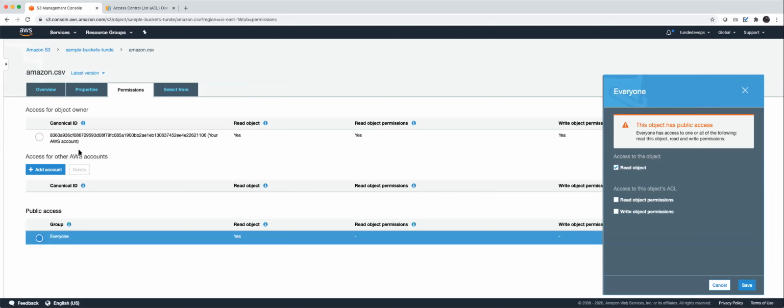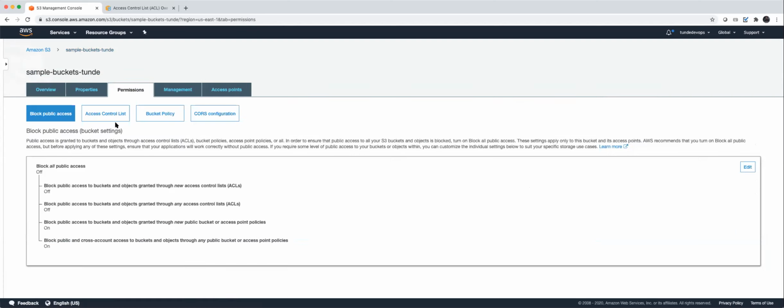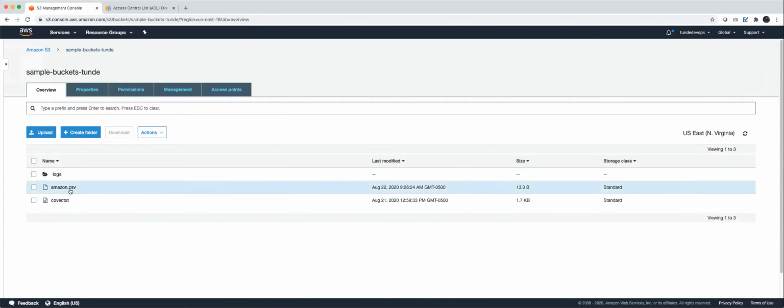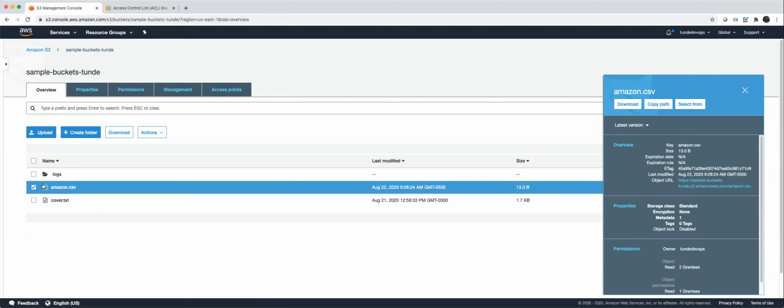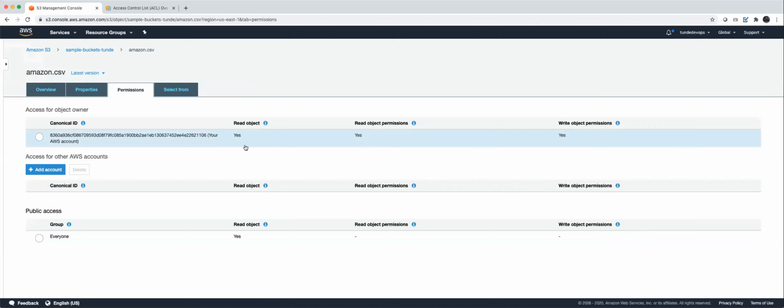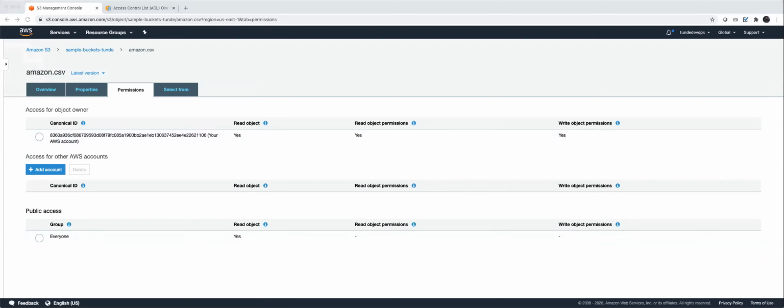Now, what is happening is that this permission defines the default ACL for every object that is created in this account. While the individual, if you click on the object itself, right? If you look at the permission of that object, it defines the access control list for that particular object, right? And you can actually set this value on the command line, right? For example,